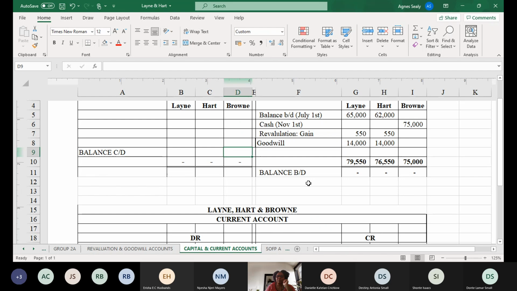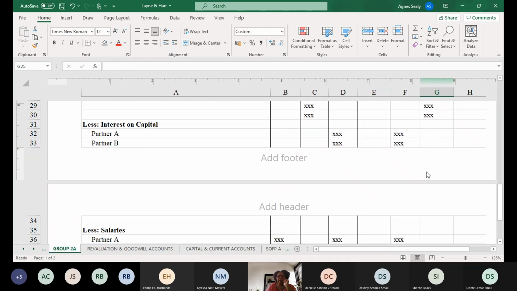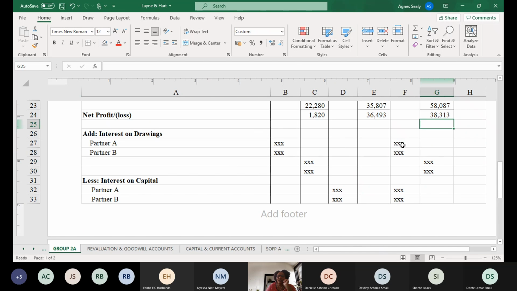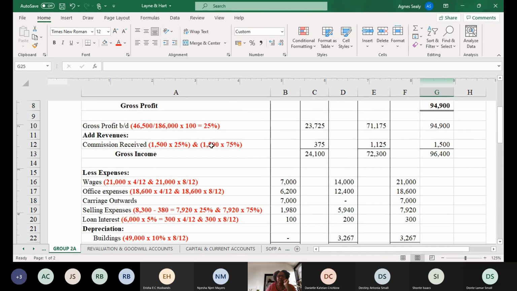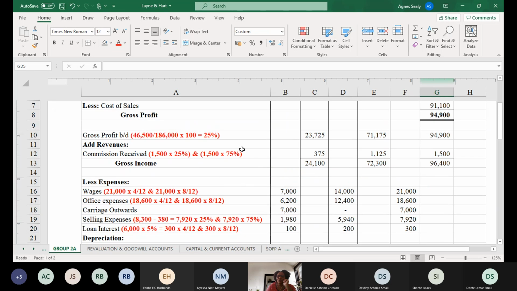I think there's no more entries that has to go for Brown, and there is no other entries for Hart or for Layne. So Layne's closing capital is $79,550, and Brown's closing capital is $5,000, right? So let's go back to the statement of appropriation, and we would have come from our sales all the way